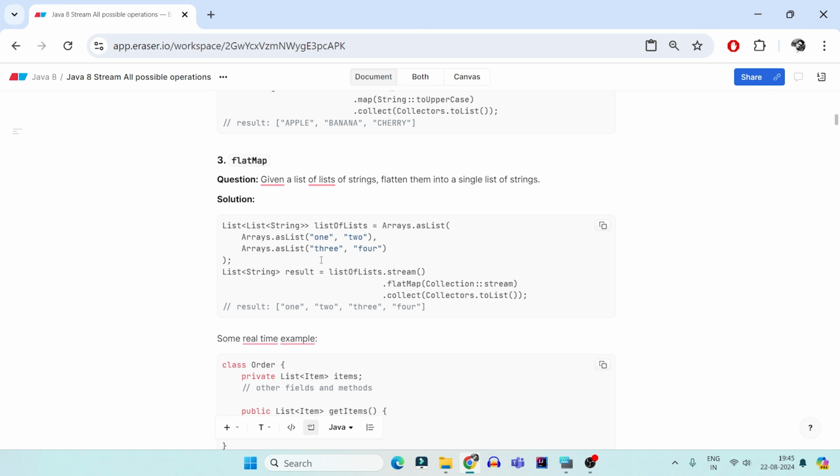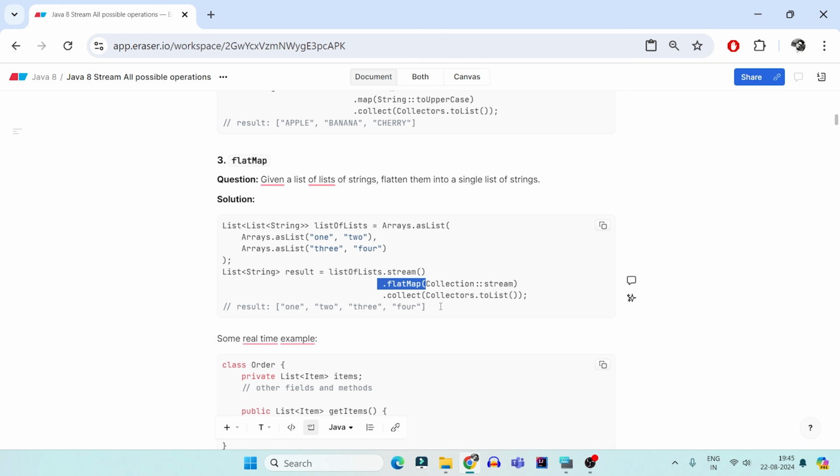So what will be the result of this? It will be a list of strings 1, 2, 3 and 4. I want these 2 lists of strings, 1, 2 and 3, 4, to be flattened to 1, 2, 3 and 4 like this. How can we do that? This can be done by flatMap.